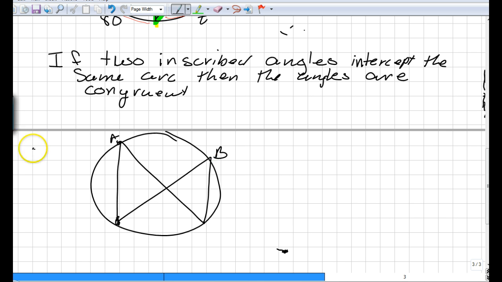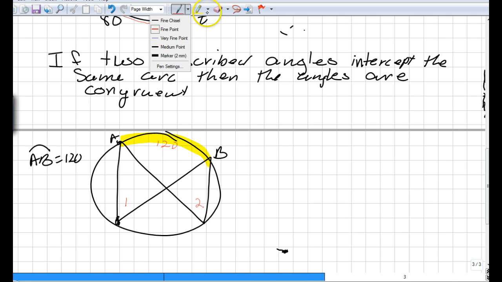And we know that arc AB equals 120, okay? So this arc is 120 degrees, okay? And so if this is angle 1 and this is angle 2, well, angle 1,